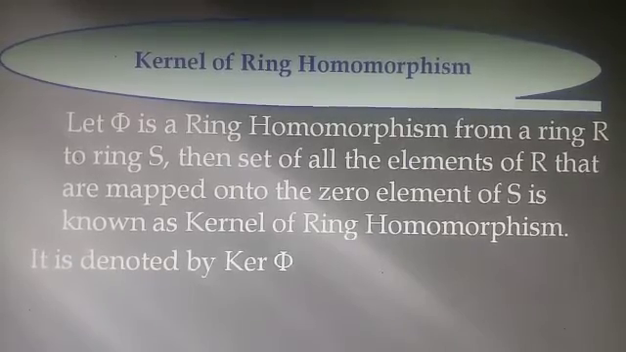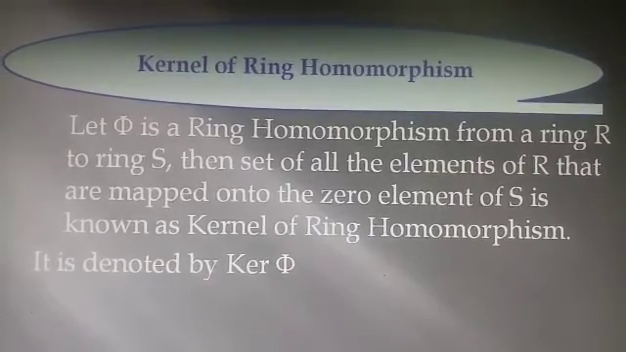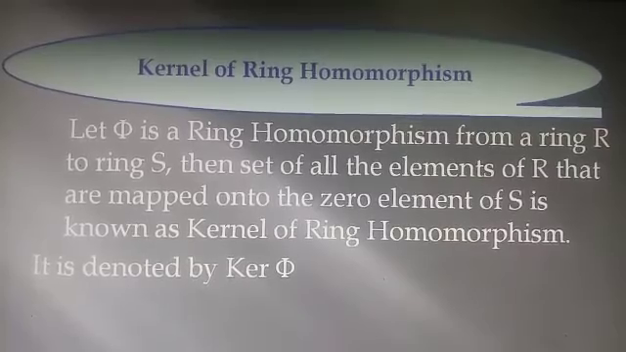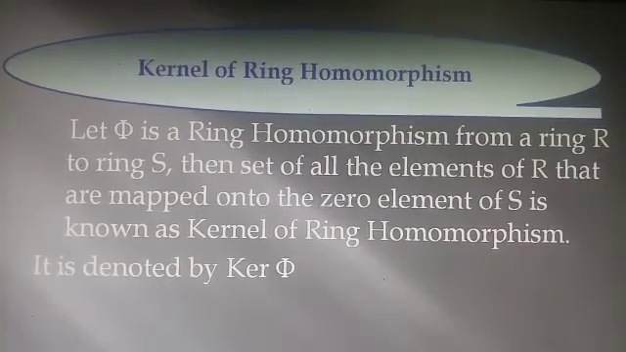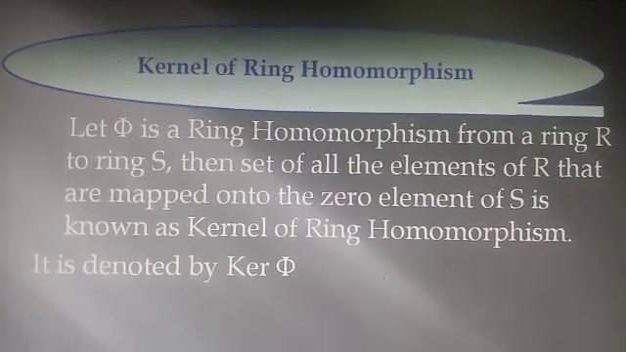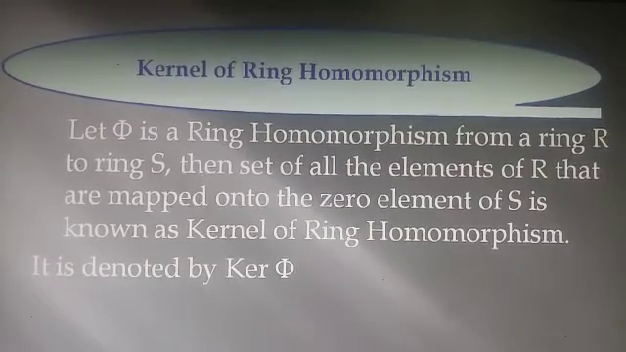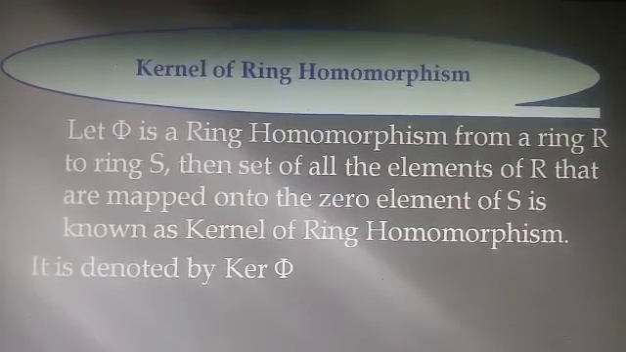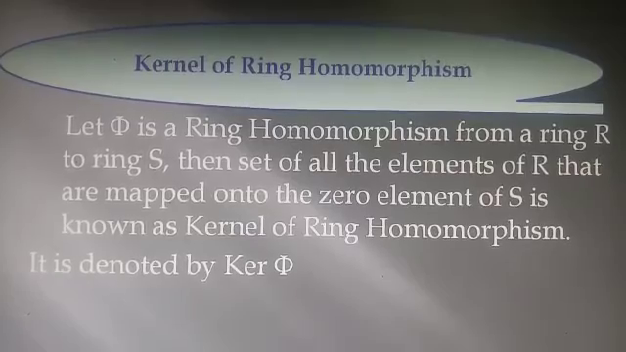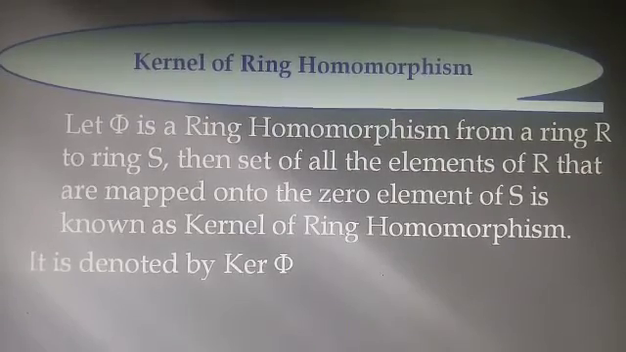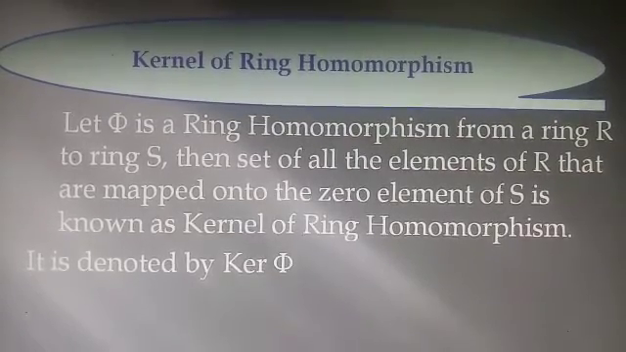Collection of elements of R such that the image is 0, and the image belongs to S. So obviously the 0 belongs to S. In this way we define the kernel of ring homomorphism, and we denote it with kernel phi. Okay, and the next topic is